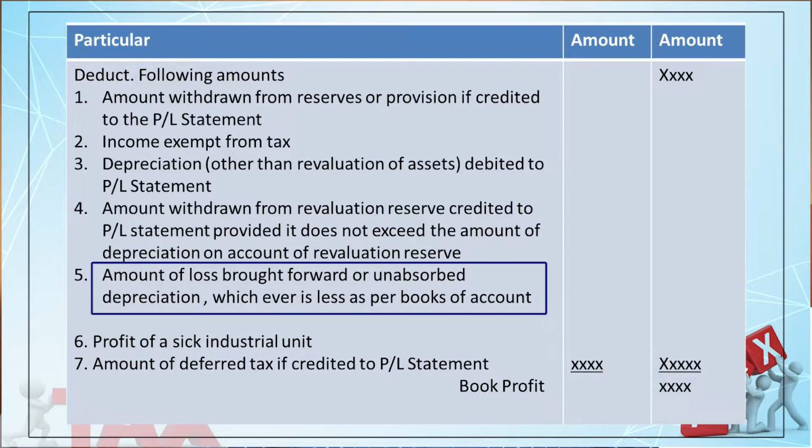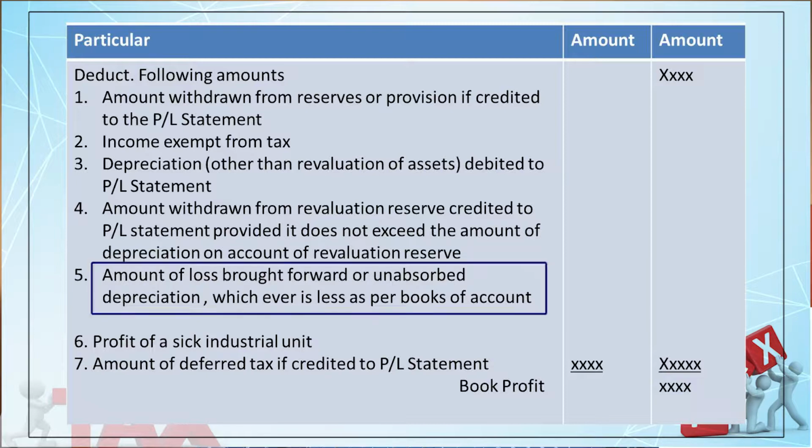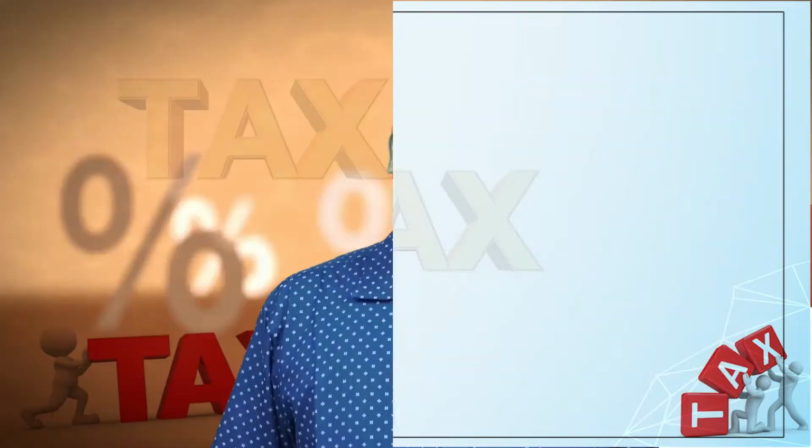Now, we have to keep in mind two items, the amount of loss and unabsorbed depreciation. The amount of loss, you have to consider only the amount of loss before depreciation. If there is no amount of loss, then nothing is to be deducted, because the amount of loss or unabsorbed depreciation whichever is less, if one amount is absent there, nil will qualify for deduction. So, you have to keep in mind whether there are two balances or not. One is the amount of loss which has been calculated before charging depreciation, and the unabsorbed depreciation; whichever is less will